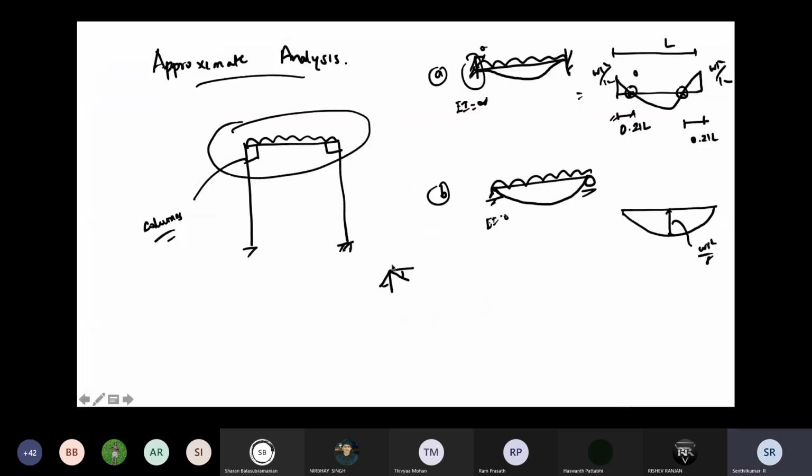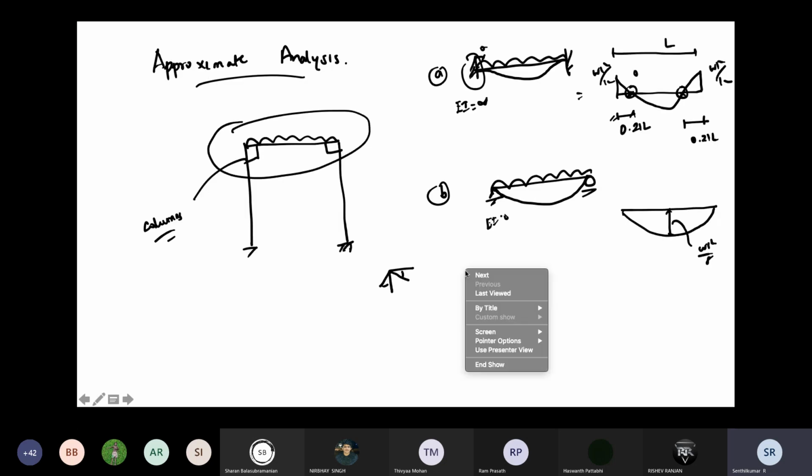So in a beam-column connection, a fixed or rigid connection means I put the connection in the flange as well as the web. Both are used to connect. Pin means you connect the beam and column through the web only. Now I want to find the bending moment diagram for this beam. How can I do that? The column won't have infinite rigidity, so it will fall in between fixed and pin.